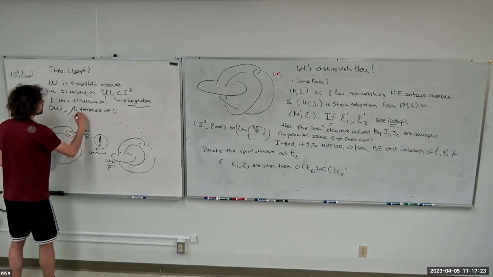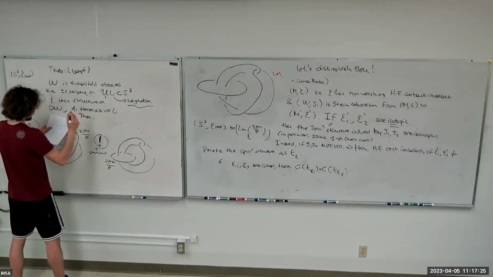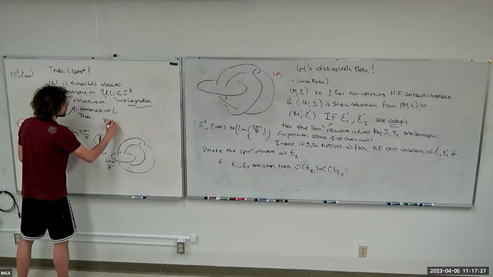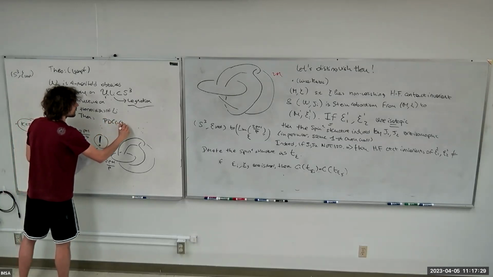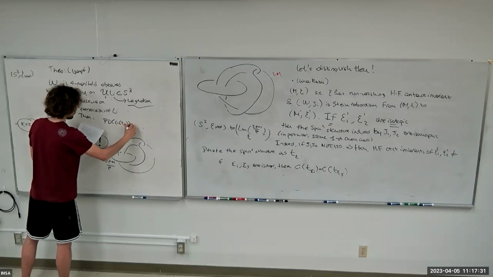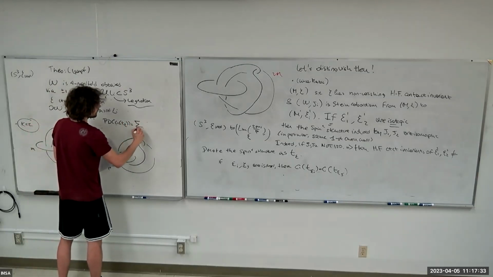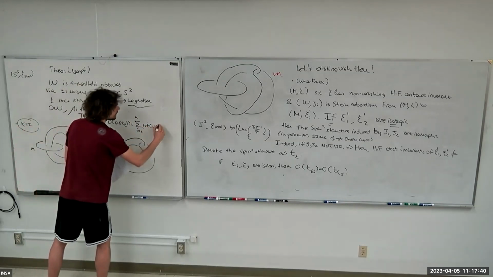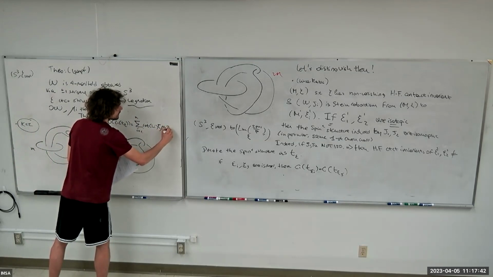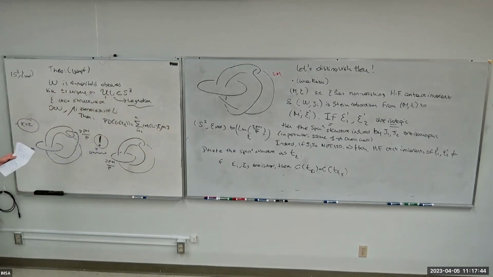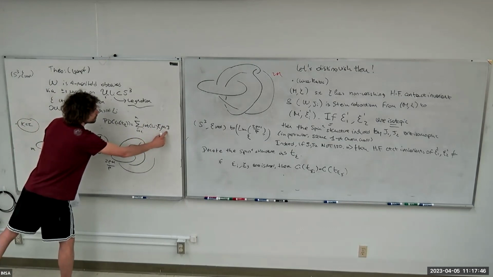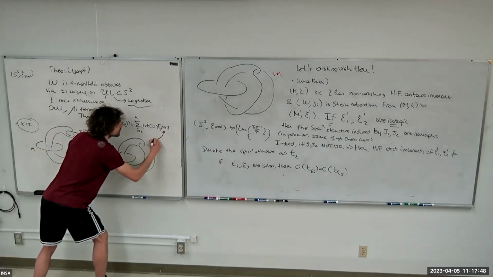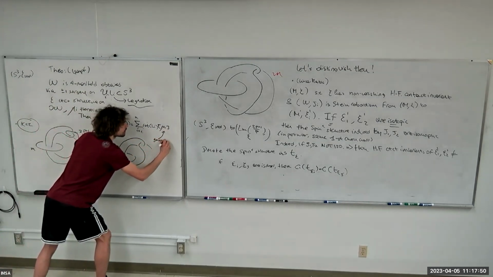Then the Poincare dual of the first Chern class is just equal to the sum over all the components of the rotation number of L_i, and this is like a corresponding generator of H1 of